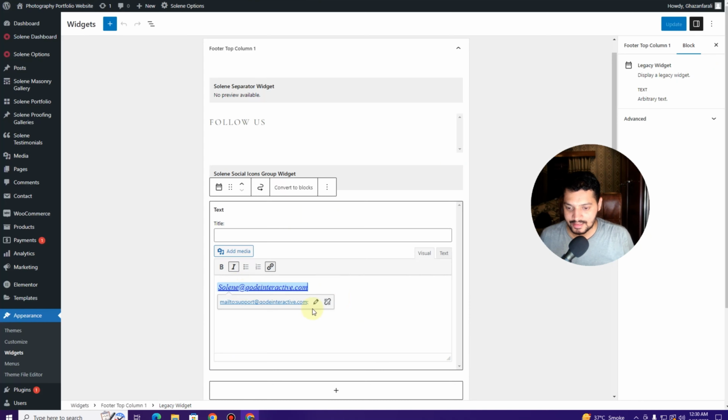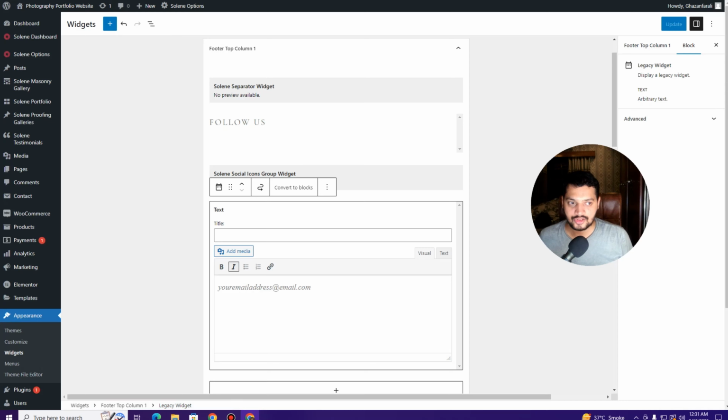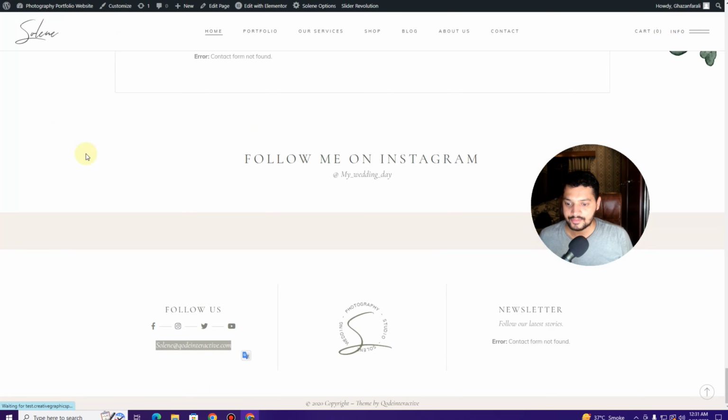For now it has this link inserted. We can revoke this link or remove this link. For that, click anywhere in this text and then click here, and it will remove that link. Now we can actually change the text of the email address. So here you can type in your email address @ email.com, and once done you can click on update. And once you click update, now if I refresh our website, here you can see the email has been